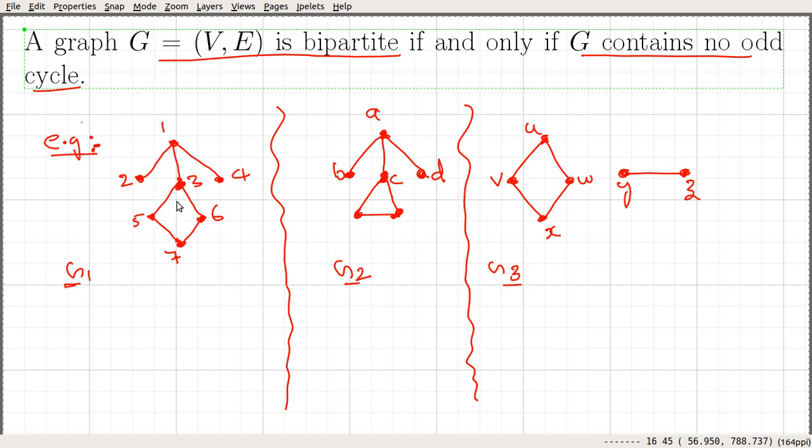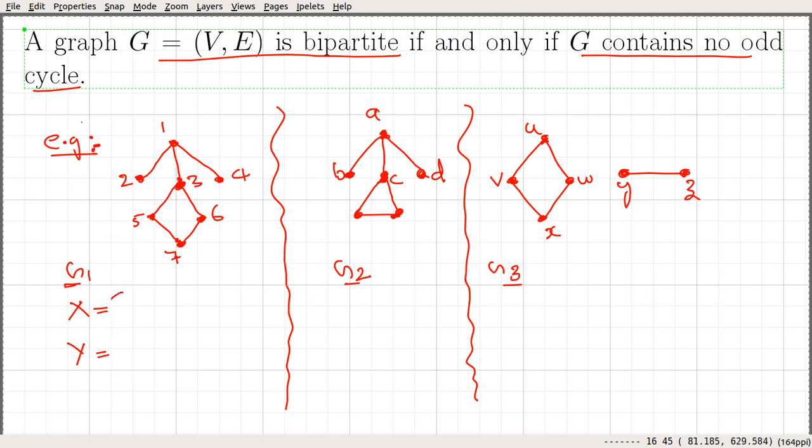If you look into this graph, we can see that there is an even cycle. The statement says G is bipartite if and only if G contains no odd cycle. So it contains no odd cycle, only an even cycle. If the statement is true, then this graph must be a bipartite graph. Let's see whether this graph is bipartite or not. If it is, then we should be able to partition the vertex set into two partitions. Let me call those partitions x and y, and let's see whether we are able to define such a partition here.